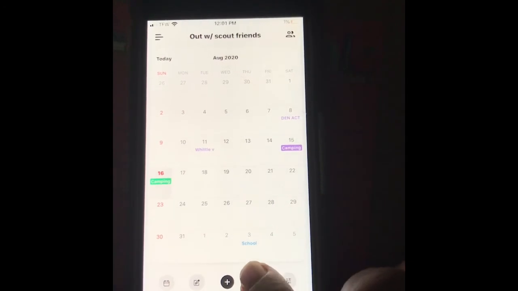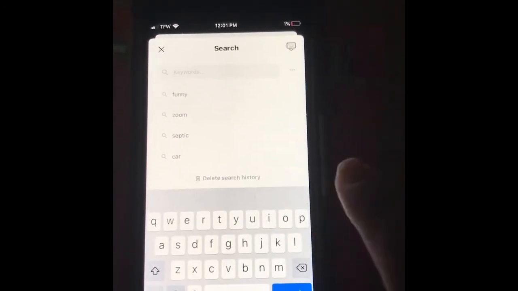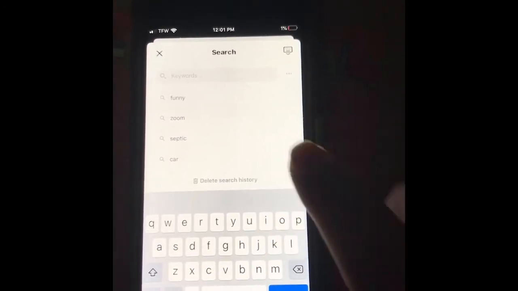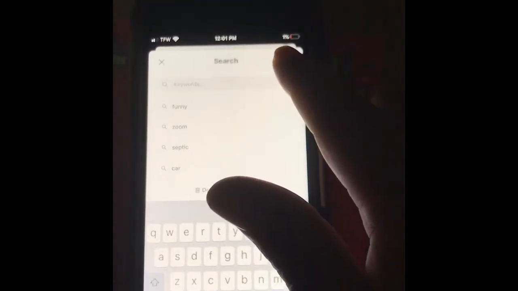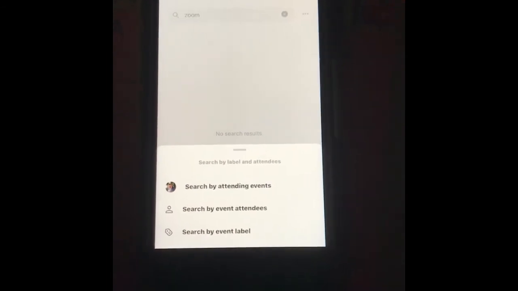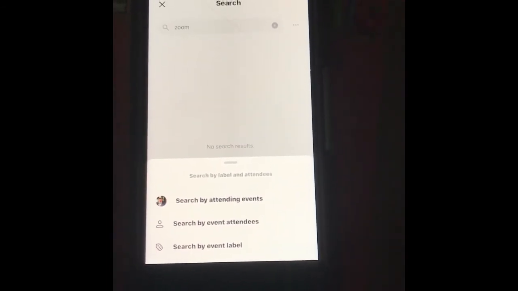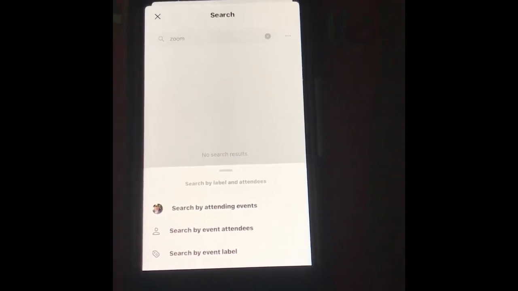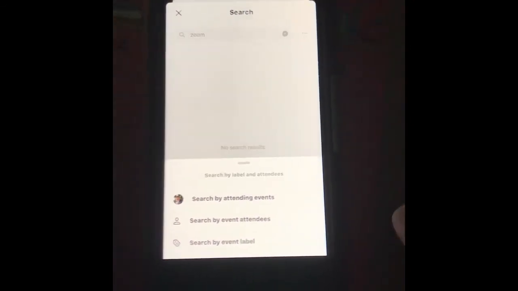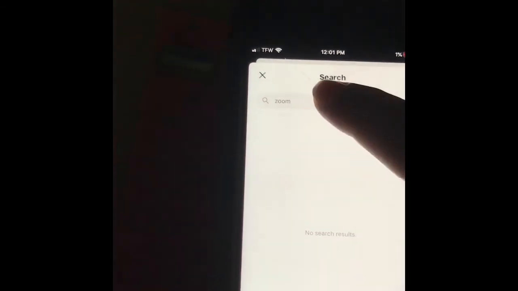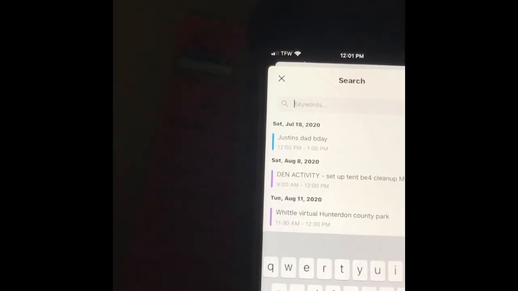Oh, and the one thing is that searching, unfortunately, you cannot search for the memos so far, but you can search, if you go over here, search by attending events, search by event attendees, and then search by event label. Okay, so you click on one of those, and if I put in something like,